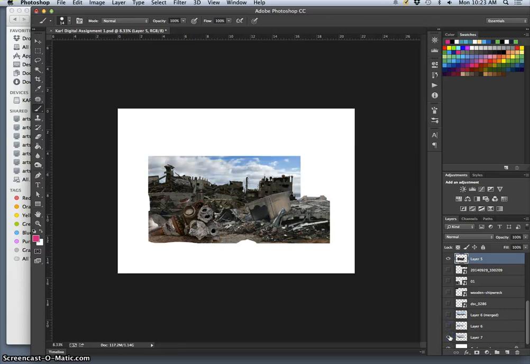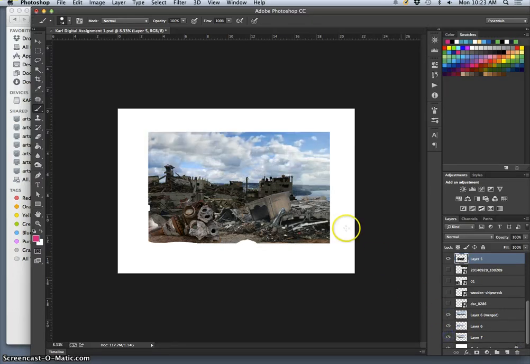My sky is made up of lots of different pieces. And if I think that those pieces all kind of match each other, then all I need to do is merge them together. So what I can do, I've done this once before, but to merge you simply select a layer, hold down Shift, and then select multiple layers. You can also hold down Command and do it, and then you can add and subtract layers. And then once you have all the layers you want to combine into one layer so that you can affect them all with one adjustment,